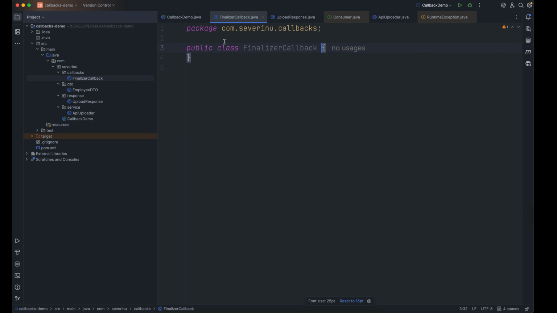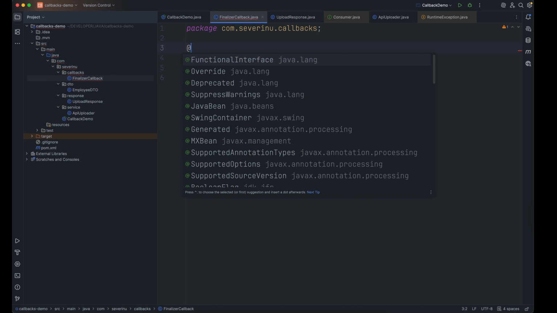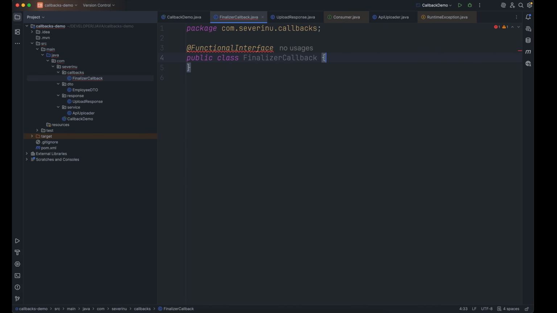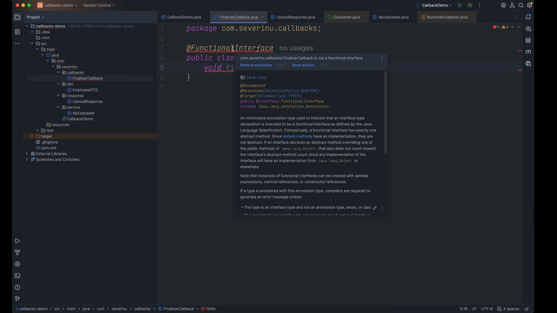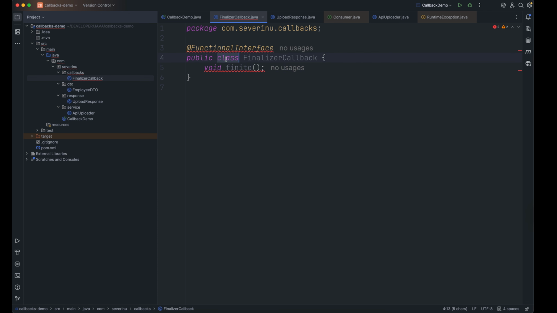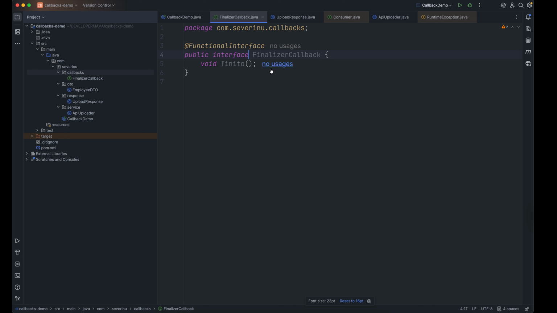Like I said, that should be a functional interface with one method that will be void, and let's call it finito, with no arguments. Sorry, that should actually be an interface. That's why we're having those errors. That shouldn't be a class, that should be an interface. So we have that FinalizerCallback interface,